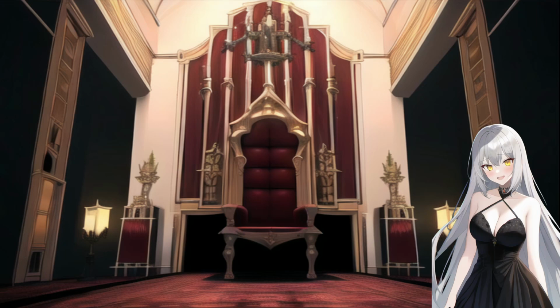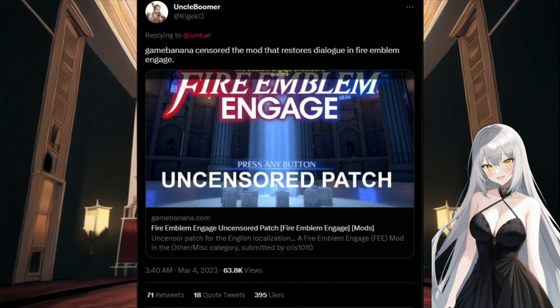Our topic for today is the unjust censoring and removal of a fan mod on popular modding sites GameBanana and